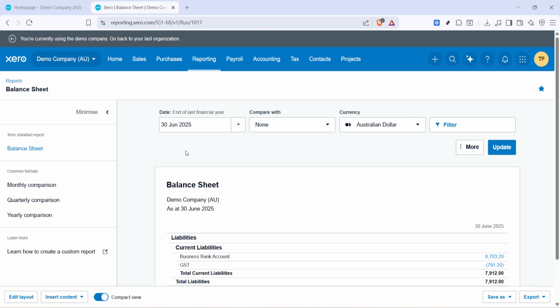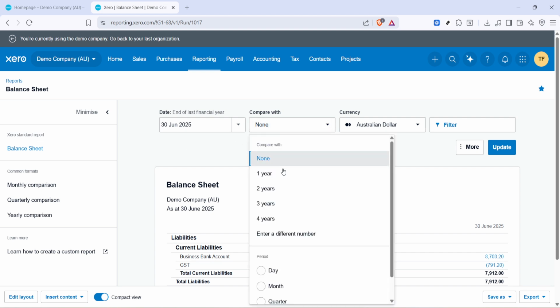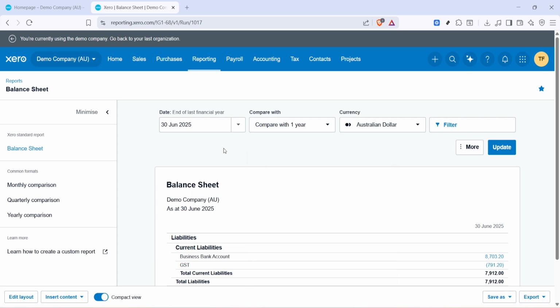Under Compare With, choose how many years you want to line up side by side. Xero lets you compare from 1 to 4 years. Start with at least one prior year to spot movement in key balances. If you're analyzing longer-term trends, like how inventory, loans, or retained earnings have shifted, select more years to get a